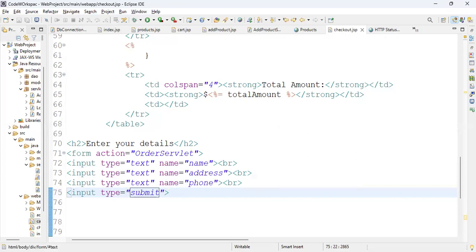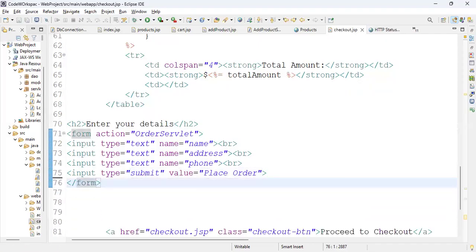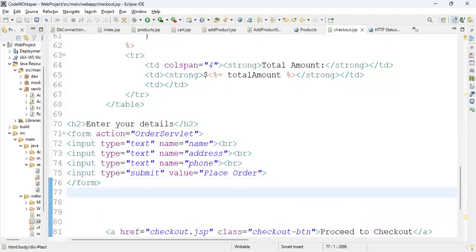So this should be the submit, and value equals to place order. Right. So that will place the order. And after that, the form tag is closed. Yes, that is closed. Now we just require, for example, if the user wants to go back to the cart,